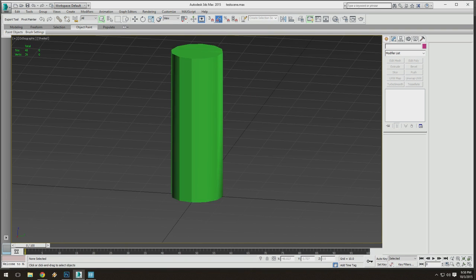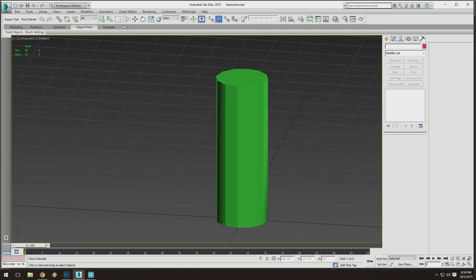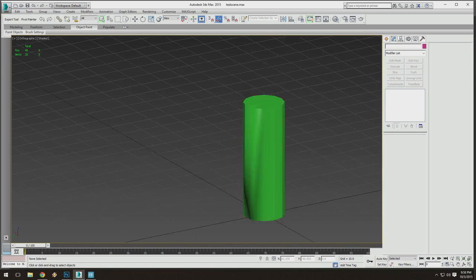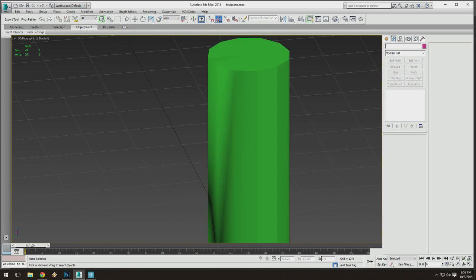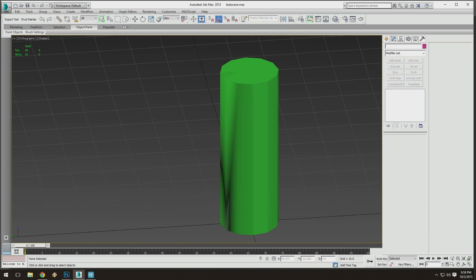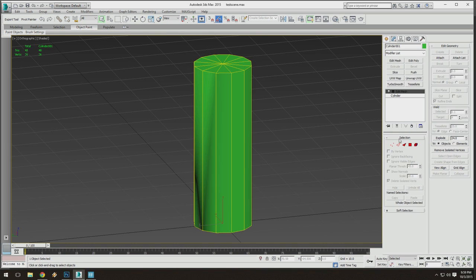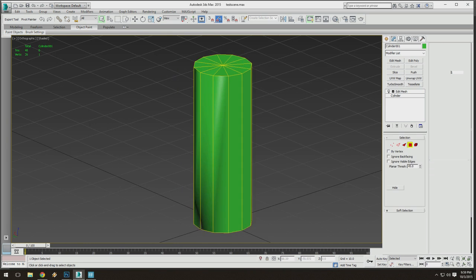See how those faces that I either unchecked the smoothing group information on or made a different one totally stand out now? That's because that face is no longer part of the smoothing group of the surrounding faces. It's its own smoothing group. It's like it's saying, okay, this face has its own smoothing group, so obviously that's why it's not going to blend with the rest. So that's a really interesting thing to keep in mind,